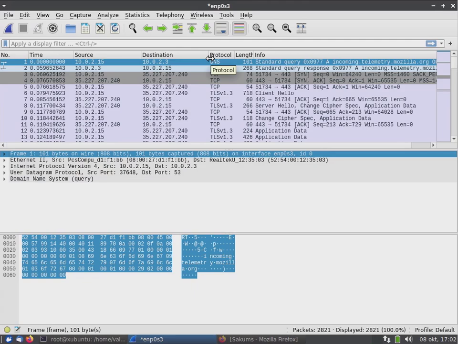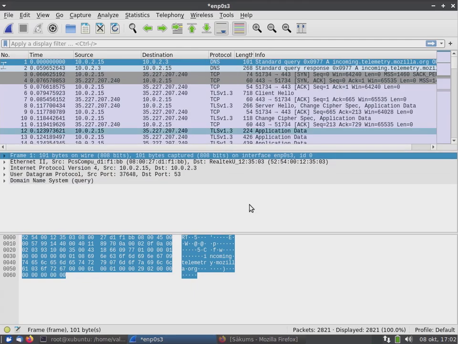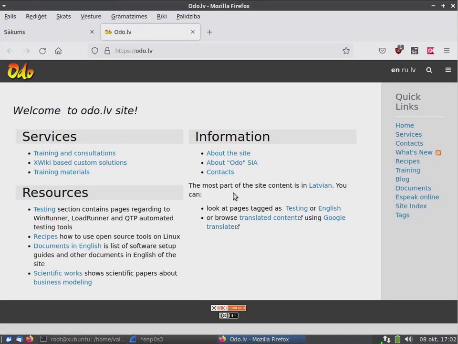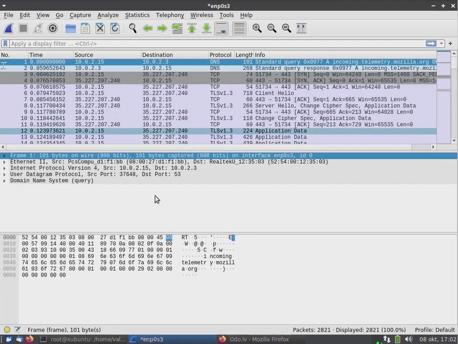I will explain in detail that it is actually a router in the local area network, because this website odo.lv is of course not reachable locally, so it needs to be sent forward using the internet.